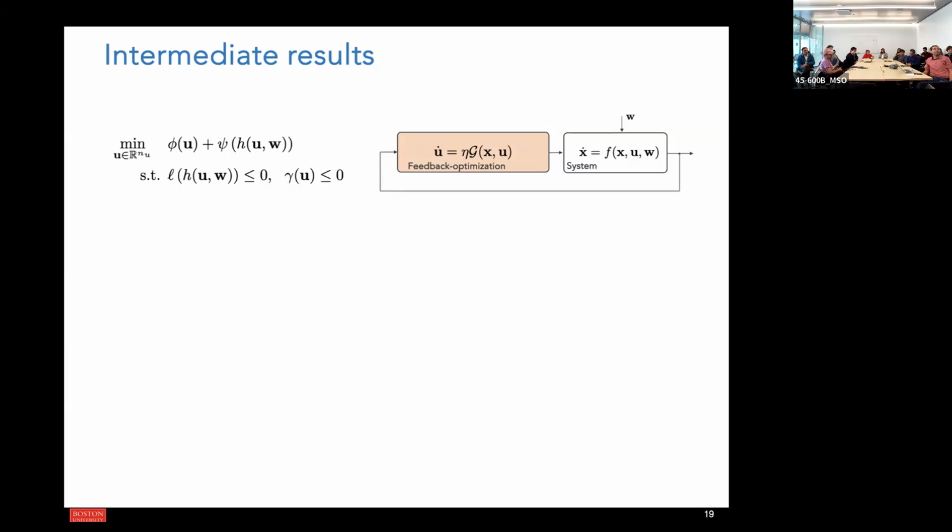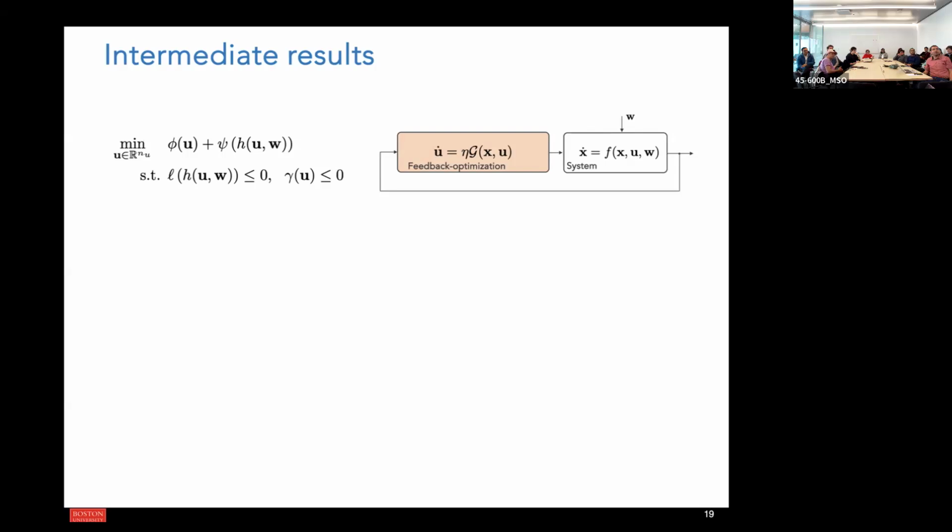I'm not going to show it in this slide. We'll do it later on the board. But what I wanted to show you is that if you assume for a moment that your measurements are error-free,